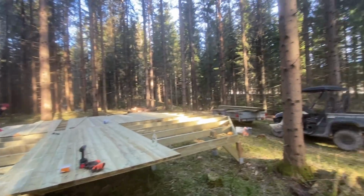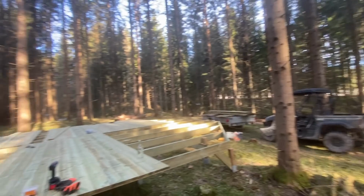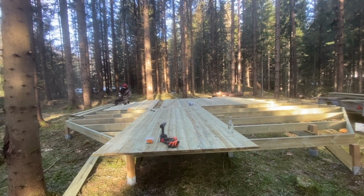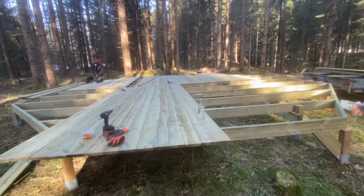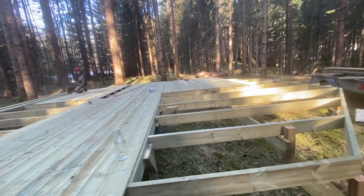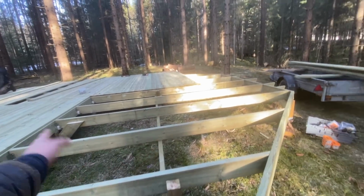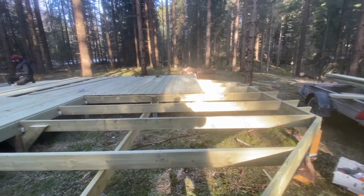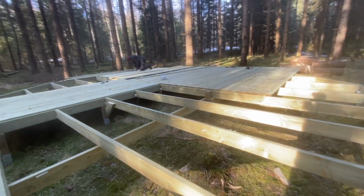Okay, so I think last time we checked in, we've got the 3 small teepee decks done and cleared up that side of the forest. This side we're working on the 9-meter yurts, and one of the commenters on the previous video was correct. We've had to come in and put extra supports in the middle of these long beams because they're 4.5 meters. So we had to fiddle around with that for an hour today, but we'd already got a bunch of decking